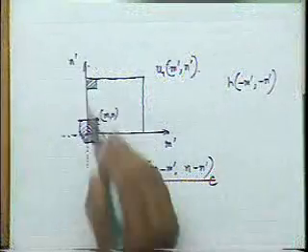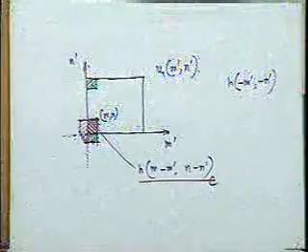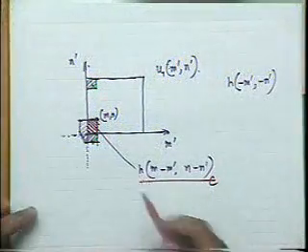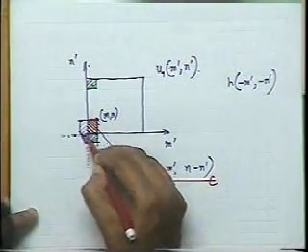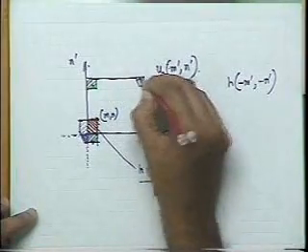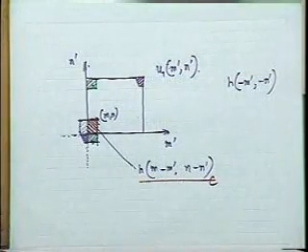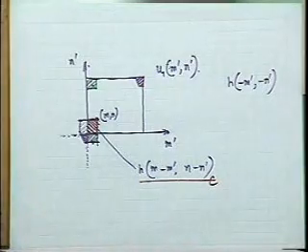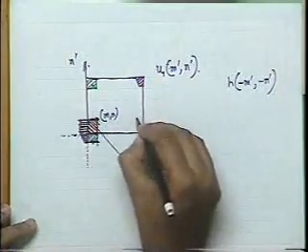Now this portion will get transferred over here, and the last portion, that means this black region, will appear over here. So what I will have in the image when m, n is in this position such that